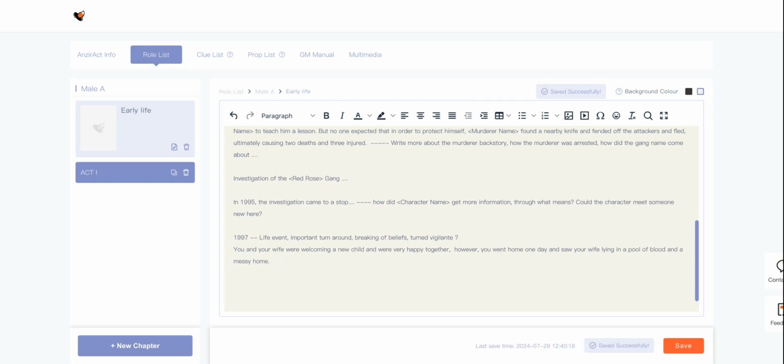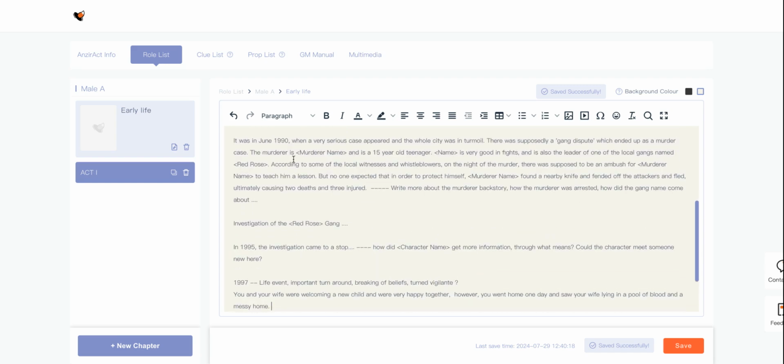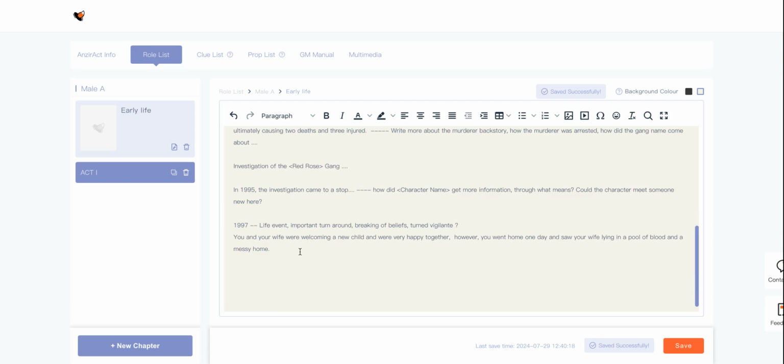what happened to the wife. And there's a very interesting part here that we can actually do. If we see that in the previous case, the murderer is actually a 15-year-old teenager who committed a murder, this could be replicated. So in this case, if I wanted to do something interesting, I can say,